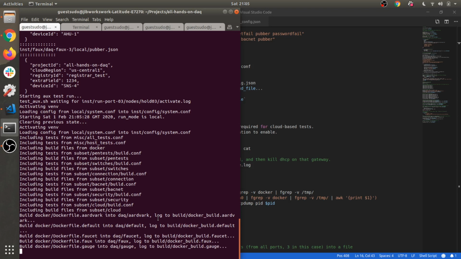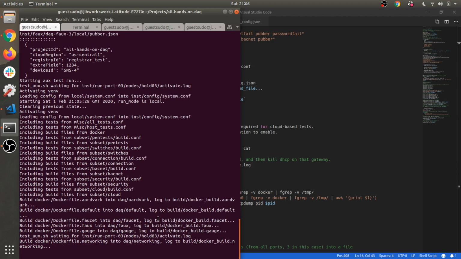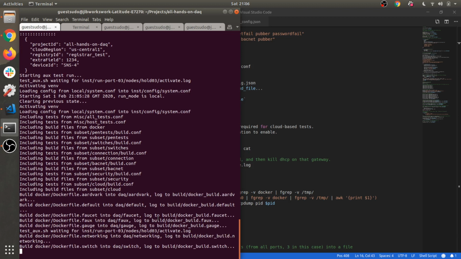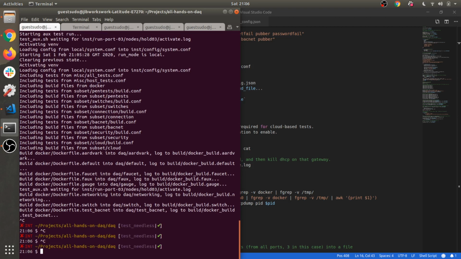We need to make sure that it runs a test that tests the environment in which DAQ is running, which is as close to a fresh environment as possible, just to be sure. Okay, I'm just going to stop that